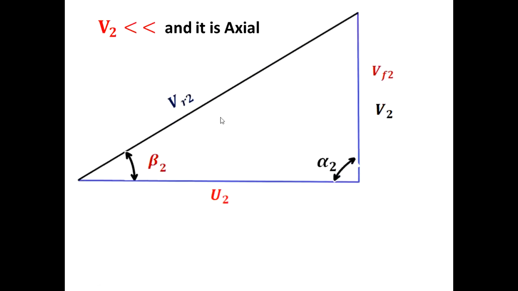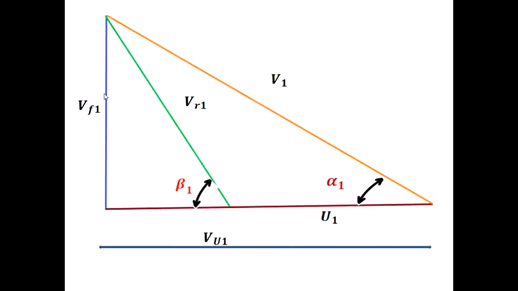For maximum utilization factor, you know this velocity triangle. As usual, everything will be there. Beta 2 can never be 90 degrees. Keep in your mind, beta 2 is never 90 degrees in the turbine. Vf2 is V2 and alpha 2 is equal to 90 degrees. Vu2 is 0, that means no whirl at exit. Tangential velocity at exit will be 0. So this is the inlet velocity triangle.